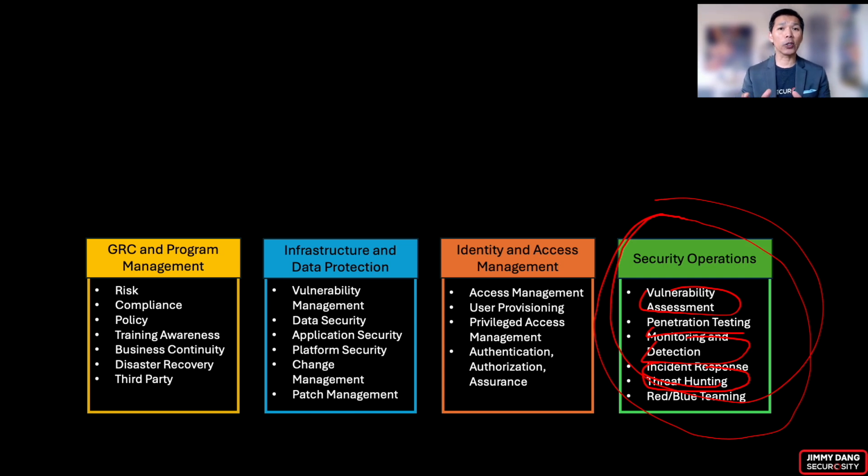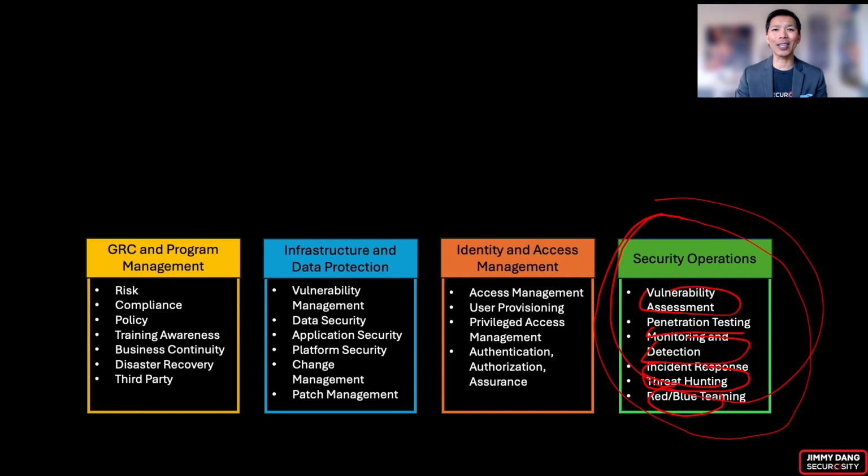Threat hunting proactively searches for signs of compromise or malicious activities or potential threats within the network that may evade traditional security measures. And finally, we have blue teaming and red teaming. This engages in simulated adversary exercises, which is the red team, to test defenses and response capabilities, while the blue team defends and responds to these simulated attacks, fostering collaboration and improvement. Security operations plays a critical role in protecting the organization's assets, ensuring resilience against cyber threats, and maintaining trust with